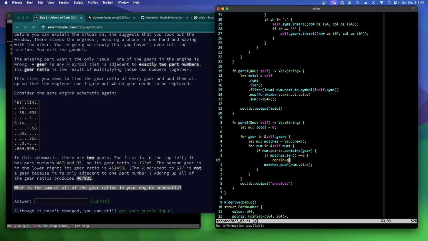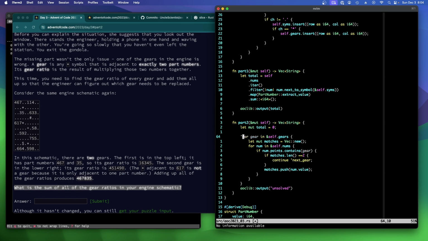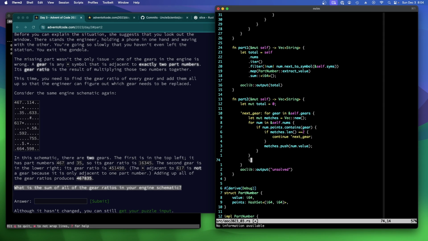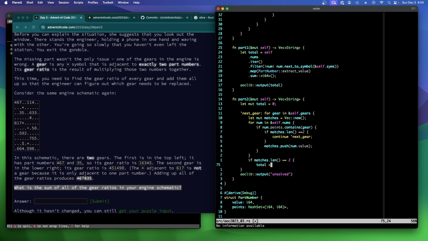So we'll continue to the next gear. And we push the value. And then down here, we can say if matches len is equal to 2, then we're going to add to the total matches of 0 times